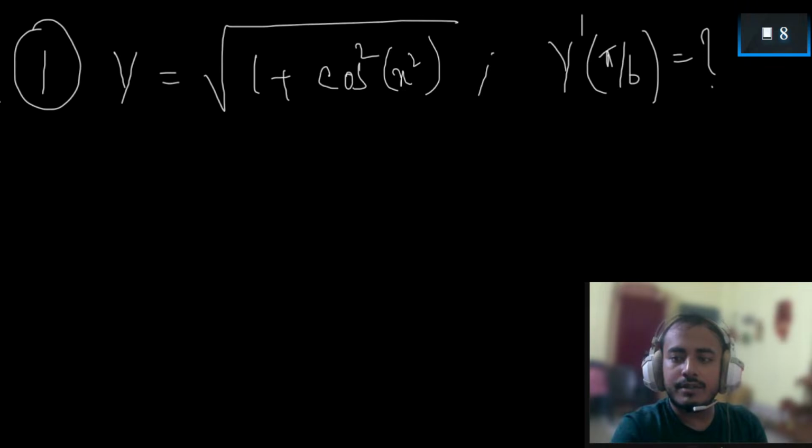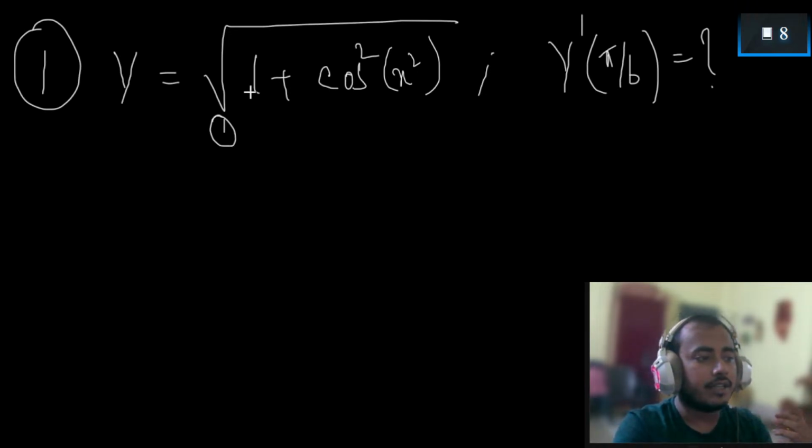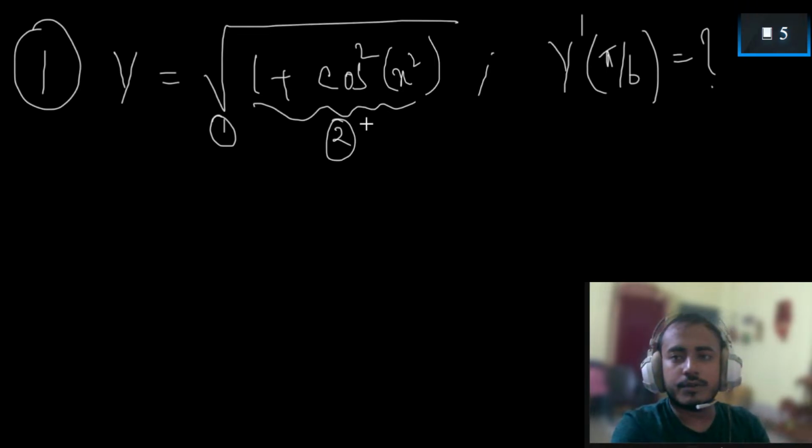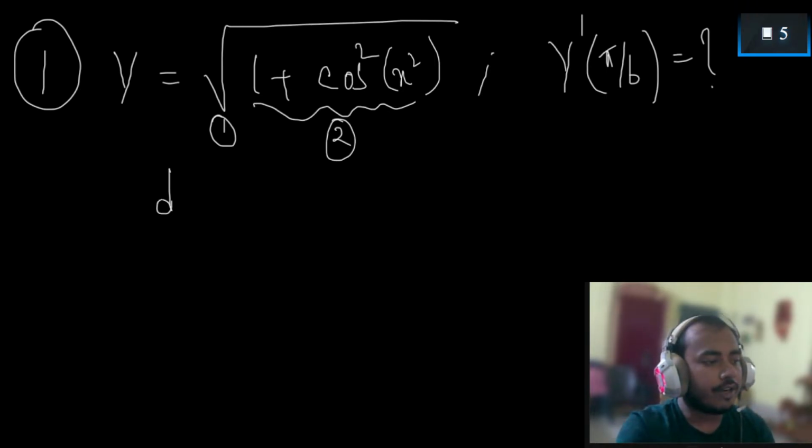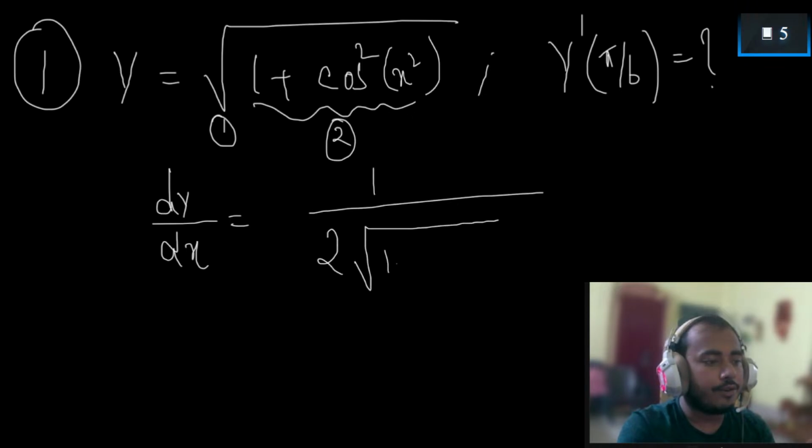Now, using chain rule, this is again pretty easy. You first want to identify the order of functions. If you observe carefully, square root is the first one, because we are starting with a square root. This is our first function, and then this is your second function. Inside your second function, you have this cos square stuff, which you can do again. So dy by dx should be equal to, firstly, the derivative of root x, which is 1 by 2 root x, so 1 by 2 root 1 plus cos square of x square